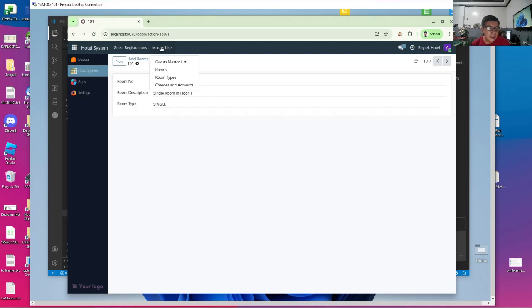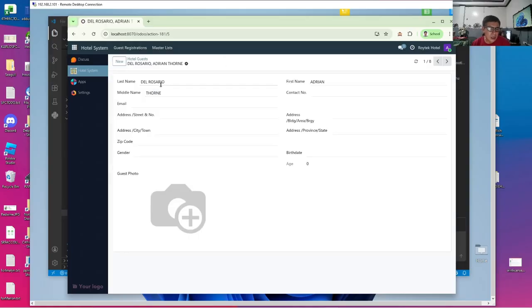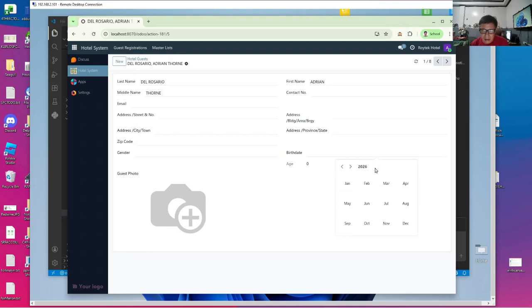Okay, and then we have a large guest master list in our guests.py model, where we had a selection field on gender. Then we had another image widget, a birth date field, a date type of field, and a computed field that automatically computes your age given a date.